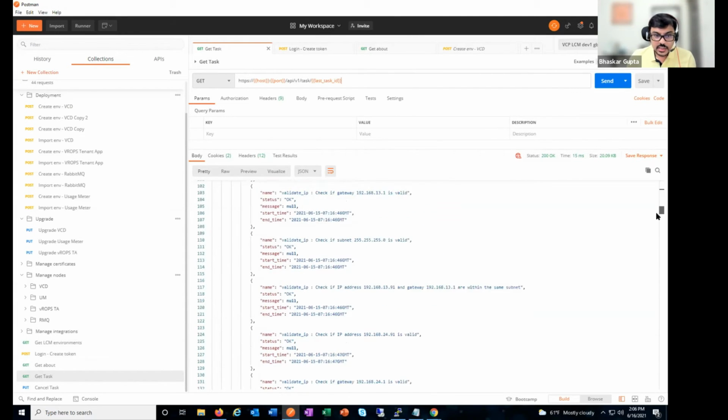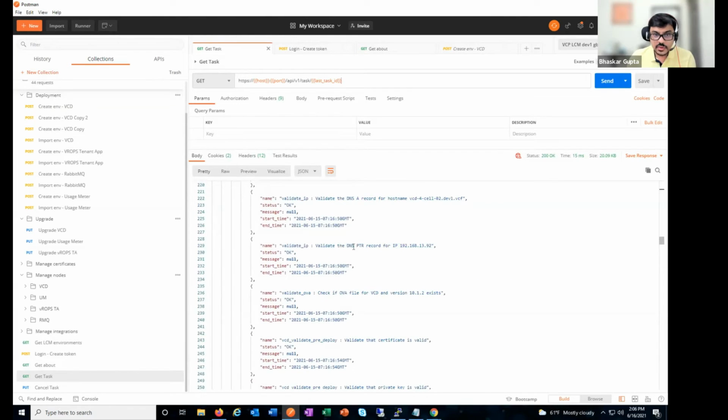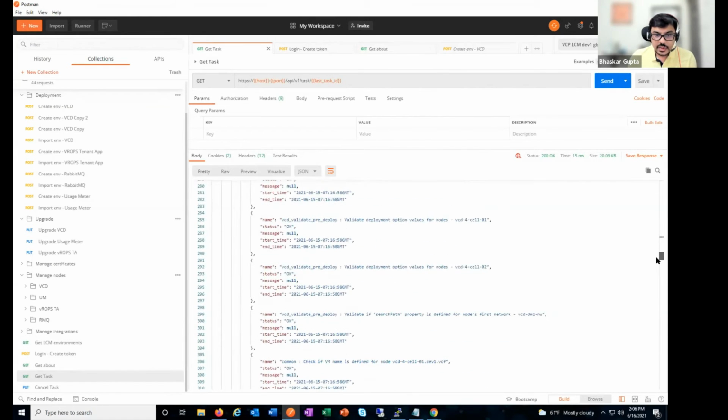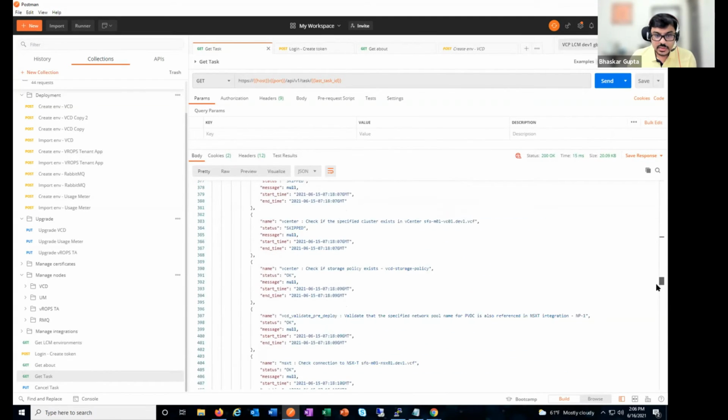Similarly, the network will validate the DNS PTR records. So all these DNS records have to be created, and it will check against the host name whether the DNS is valid or not. And finally, I'll show you what the next steps are once